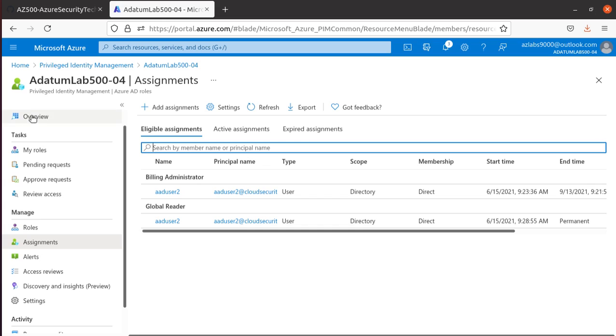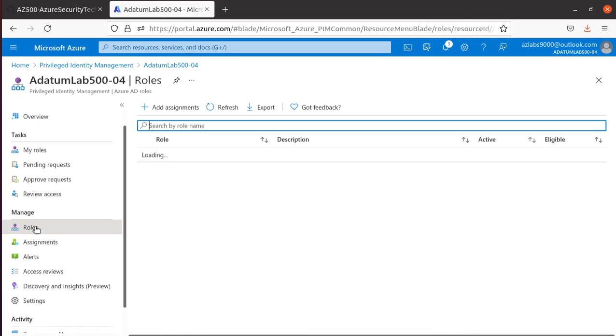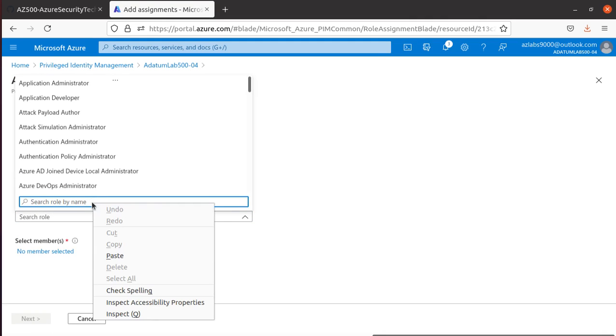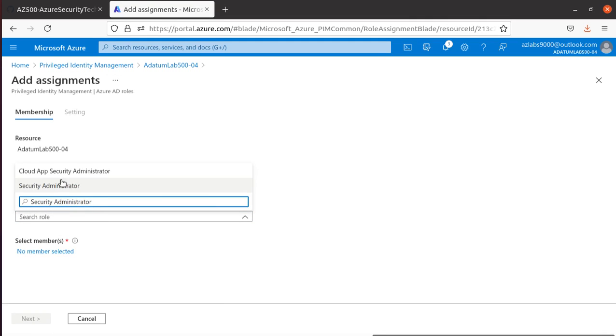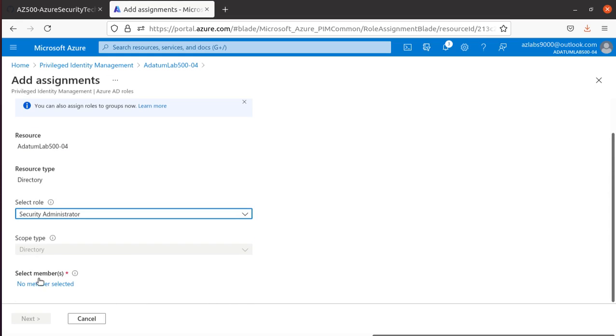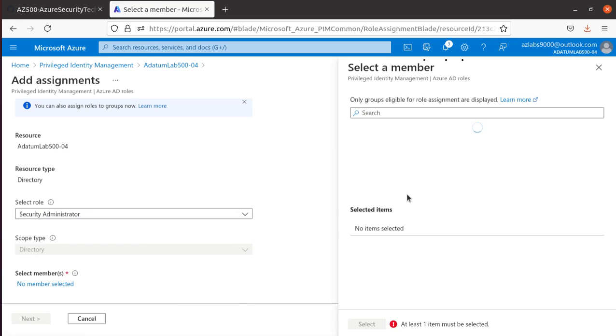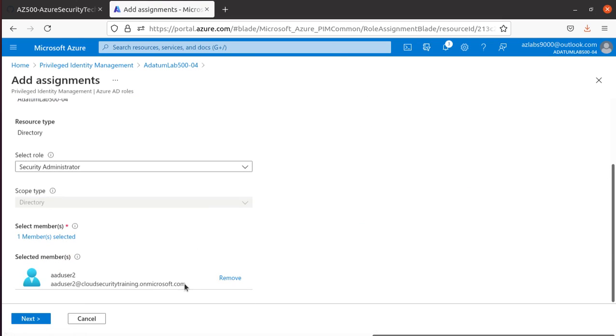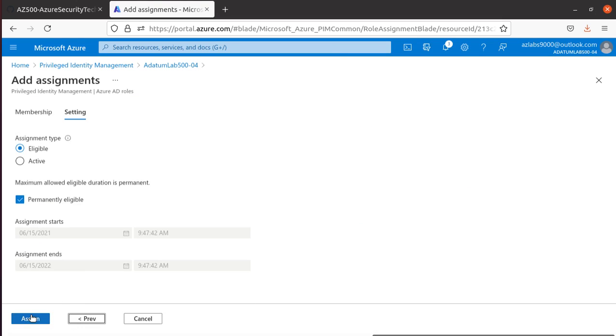So let's go back, roles, then add assignments, select role, then search for the security administrator, select that one, select your member, and you're going to get add user 2. So this guy, hit next,